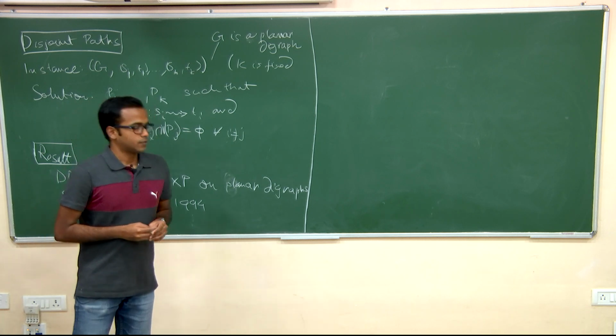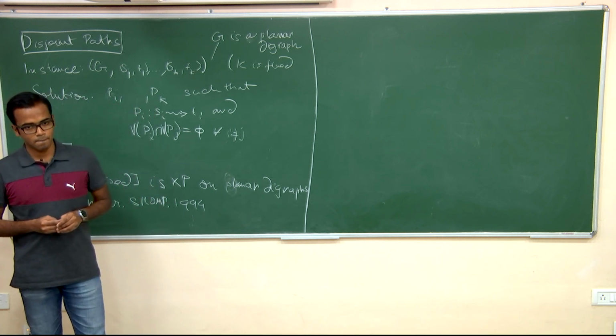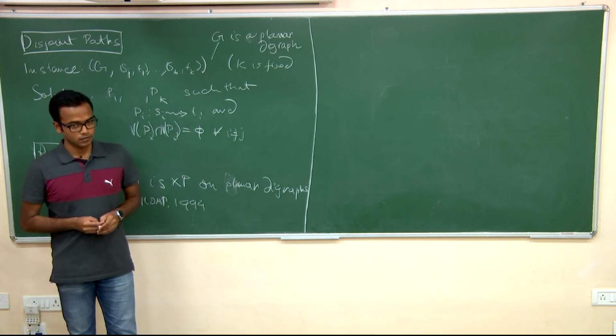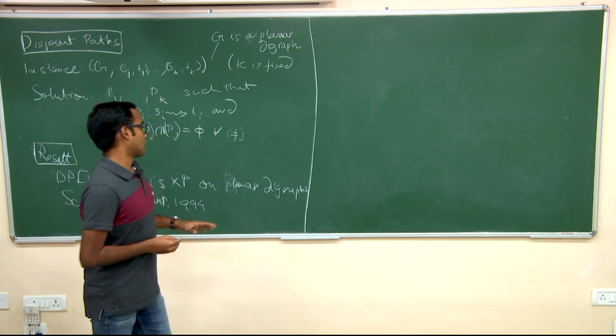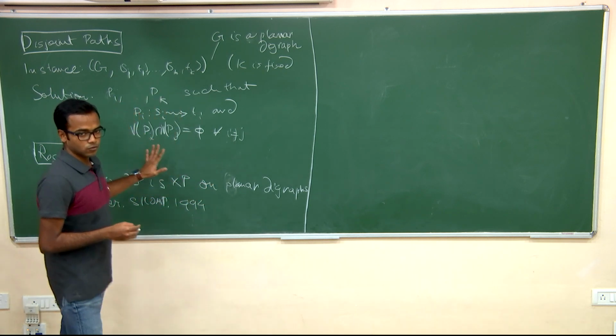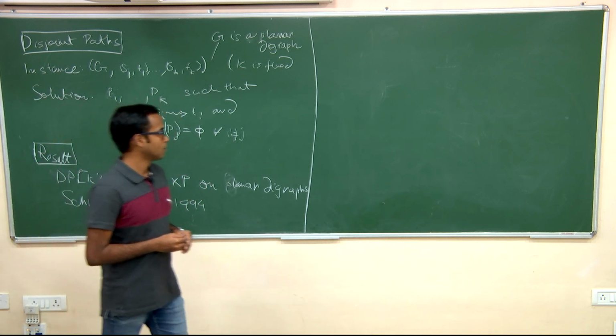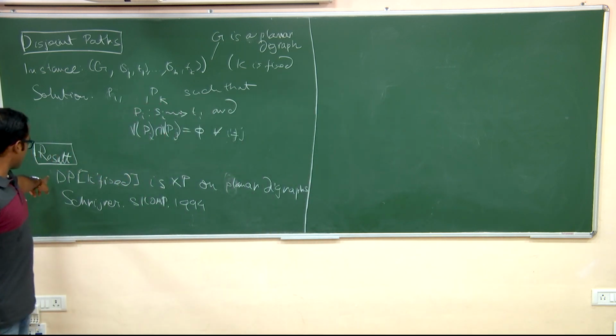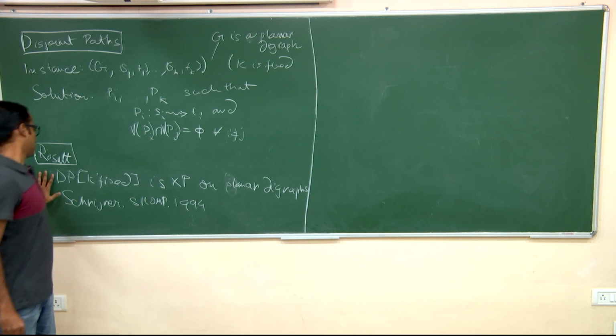For general directed graphs, no, it is not known. Is it FPT or not? It is not even known whether the classical version is FPT. For undirected general graphs, it is known to be FPT. But we'll be looking at this result because it uses